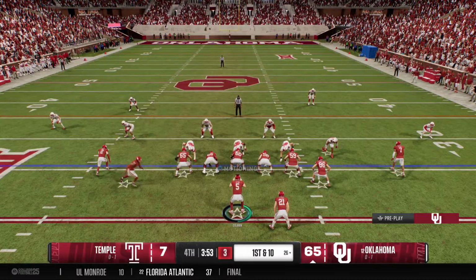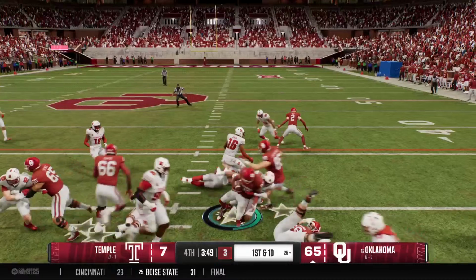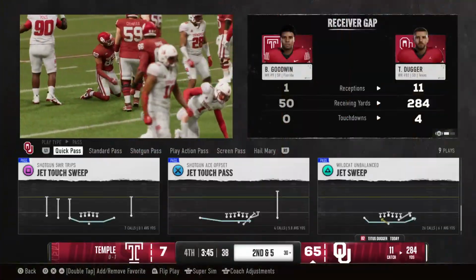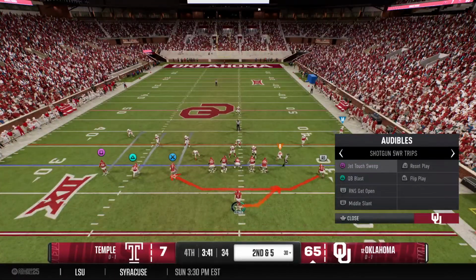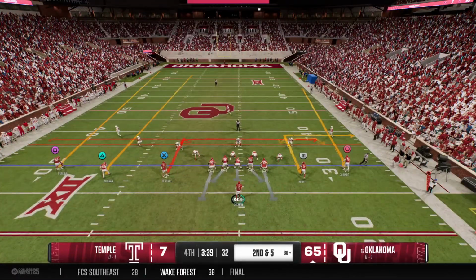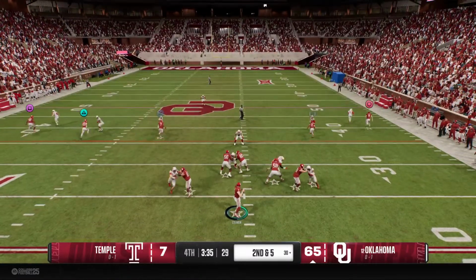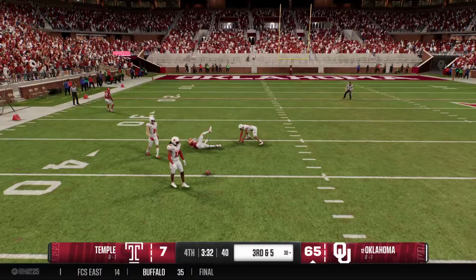Fast motion from the offense. Receiver on the move gets the touch pass. Now after that run, they're in pretty good shape at the 30-yard line. Ran the ball on first down. Let's see what they do on second. He's looking to throw. Going deep. And he bats it away. It falls